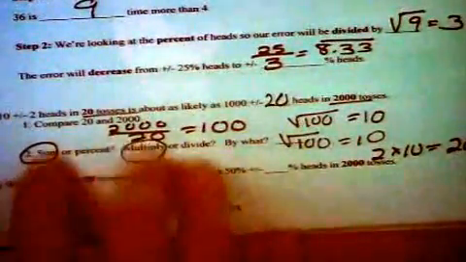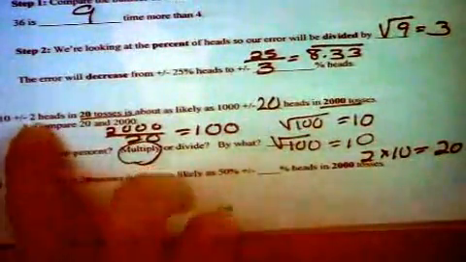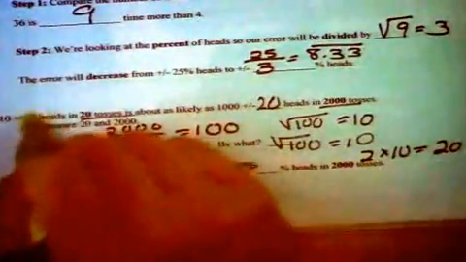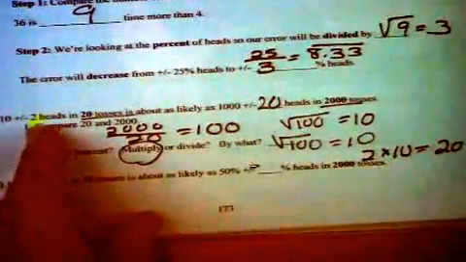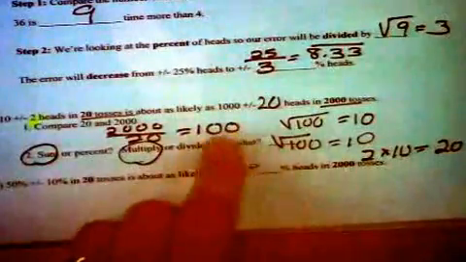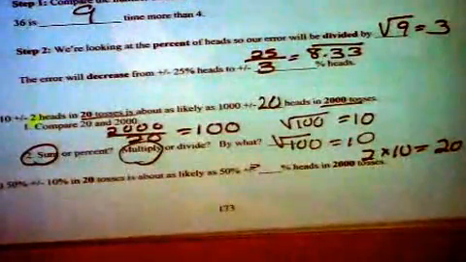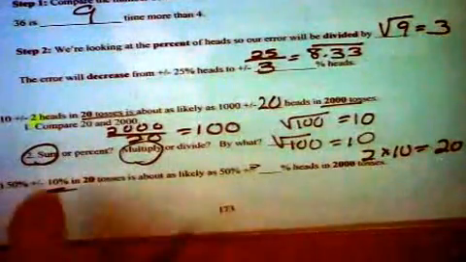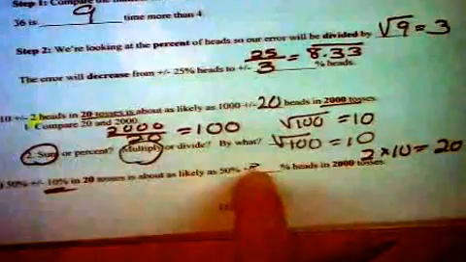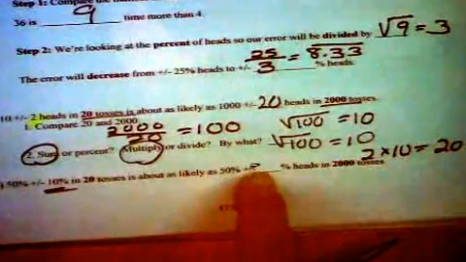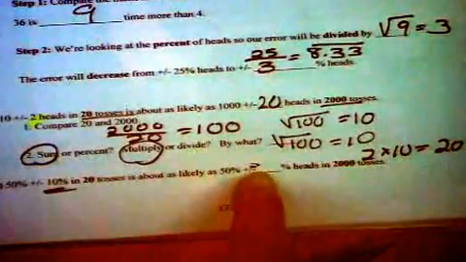Okay, so let's do the other one. 2 is right here. How does your error change? First of all, it's going to go up. You're not going to put 2 in here because you have more tosses. So it's not going to be 2 times 100. It's going to be 2 times 10. Does that help? Now your next one. How is that going to change? 50% plus or minus 10%. You know it's not going to be 10% here. It's percent, so is it going to go up or down?